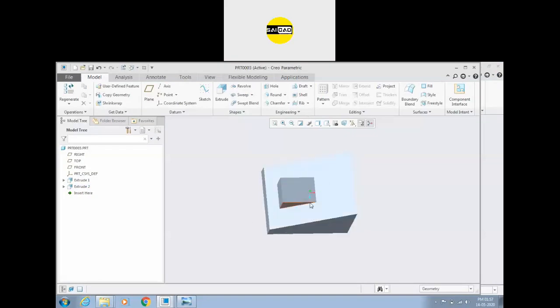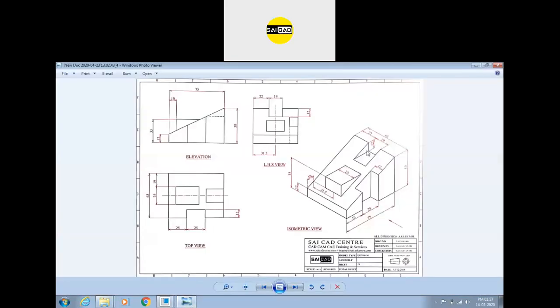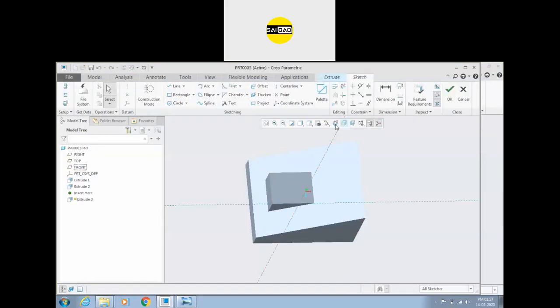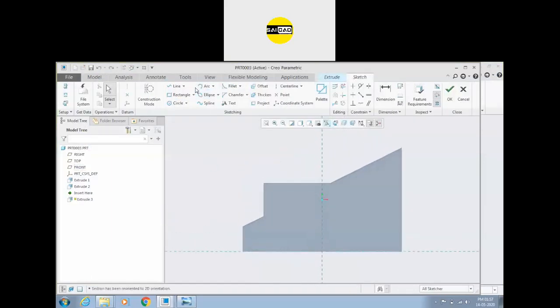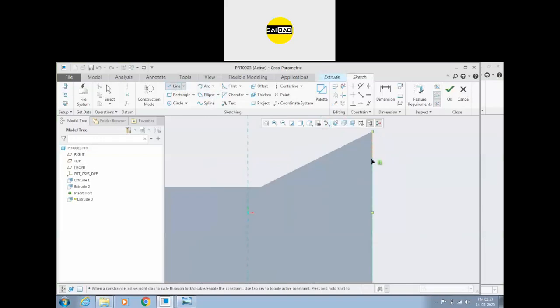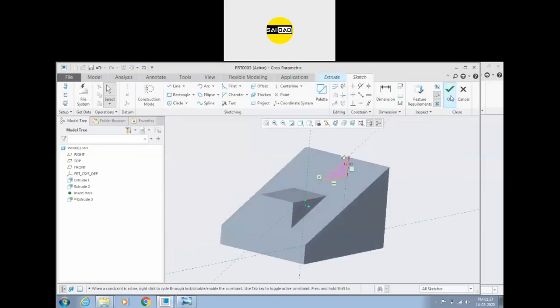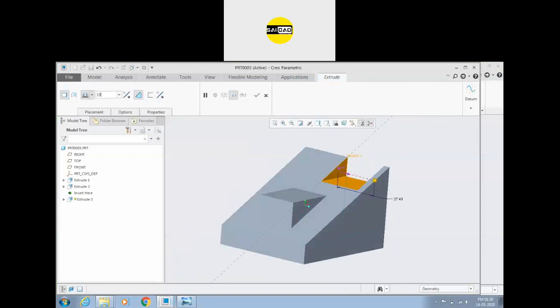Now we have to remove some material up here. That's the size 12 by 19. Okay, this is the 19. The depth is 12. So again select the front plane. Go to the extrude. Okay, so we need that point like something there. So this value is 12 by 19, 12, and the 19 is like cut. Just click OK and define the value 19. Go to the symmetrical option.